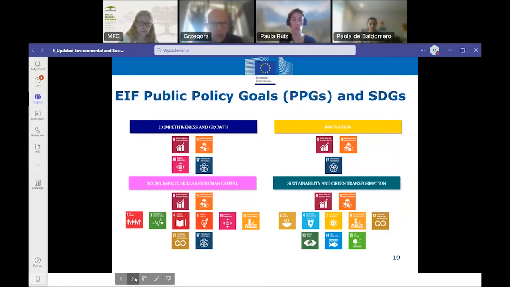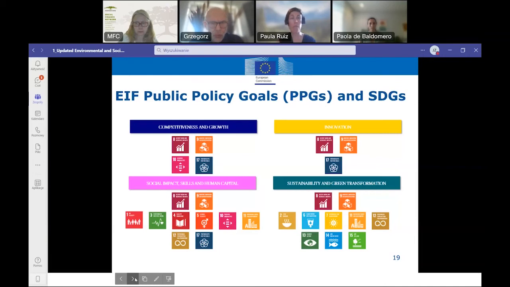And for example, when we are committing to provide support to a financial intermediary that operates in the microfinance or social entrepreneurship segment, we understand that we're having an impact on SDG 8, which is related to decent work and growth creation, and on reduced inequalities, SDG 10, but also on SDG 1, and specifically one of the SDG targets that are